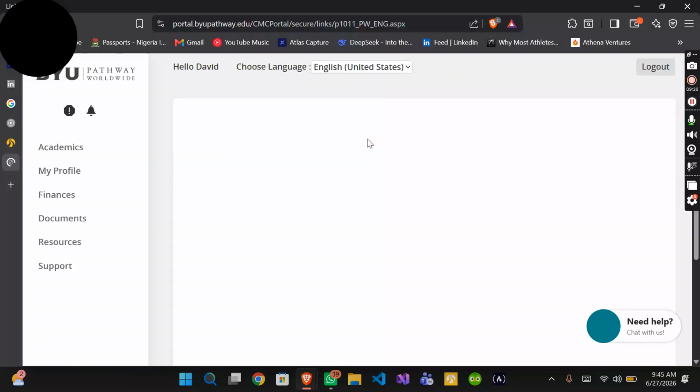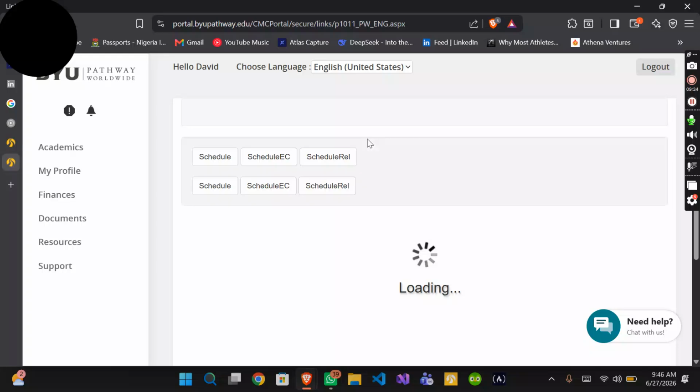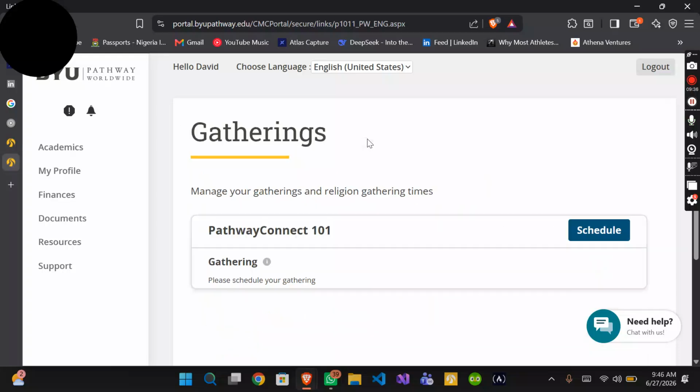Now this is absolutely critical. As a PC 101 student, you should be going for gatherings. I want to quickly show you the options. I will not be registering for gathering today. I want to show you how you can look at it. What you need to do, once you click on gathering, it takes you to this page here. You tap on schedule. Once you hit schedule,